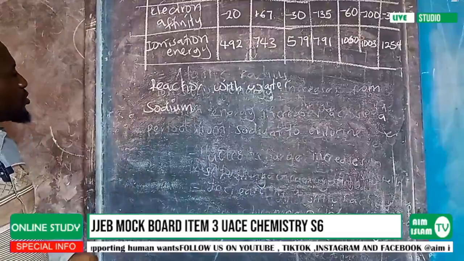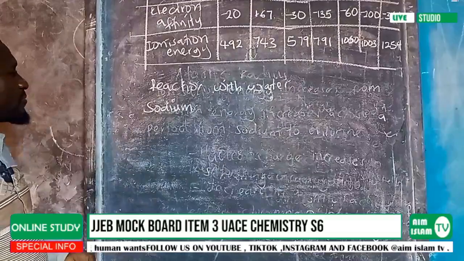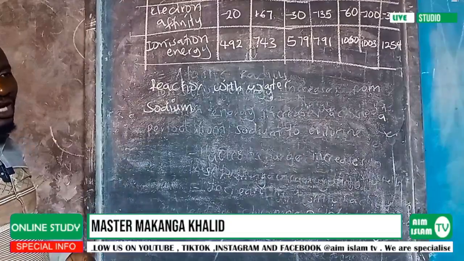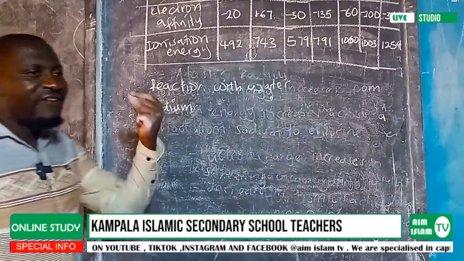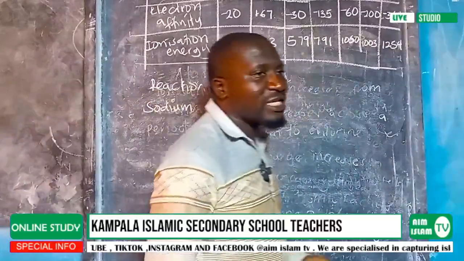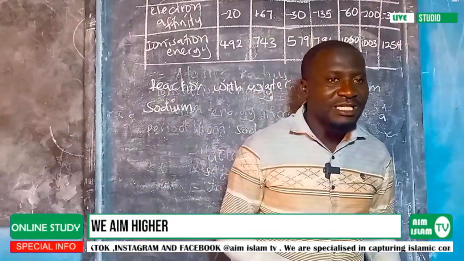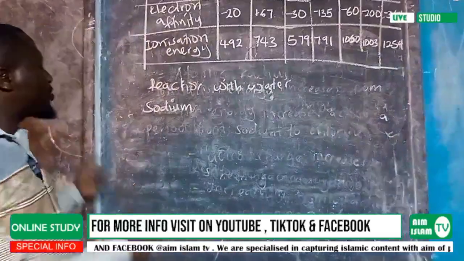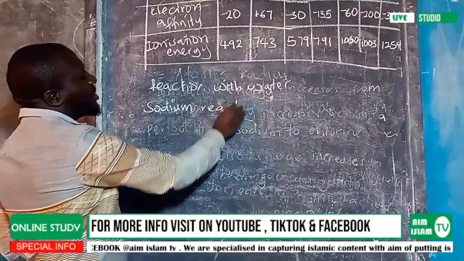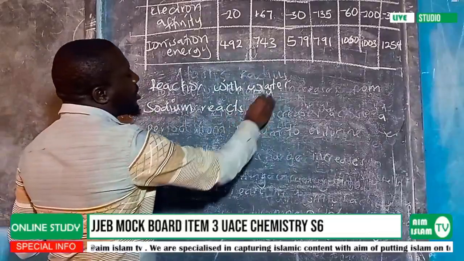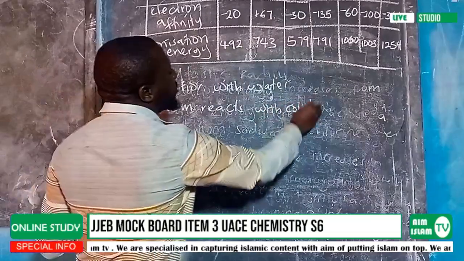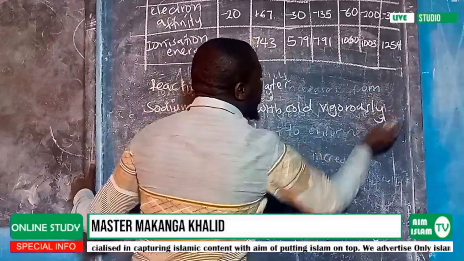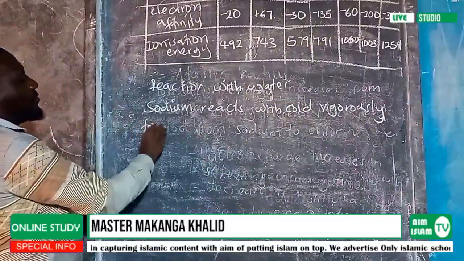So the first reaction is with water. The first element can be sodium. How does sodium react with water? Sodium reacts with water vigorously. But which water does it react with? The condition is that it reacts with cold water. Sodium reacts with cold water vigorously, forming